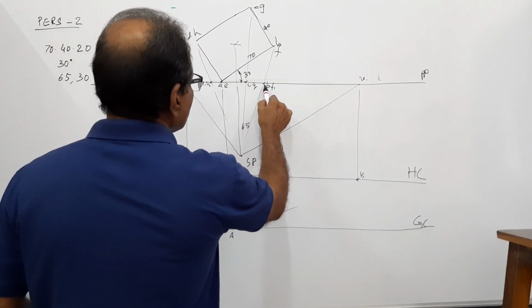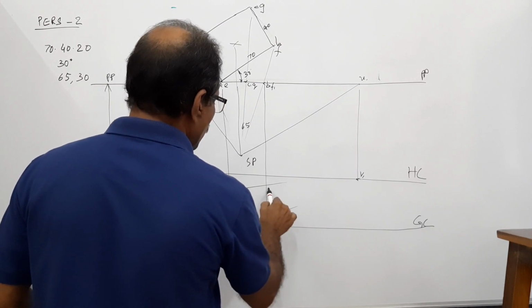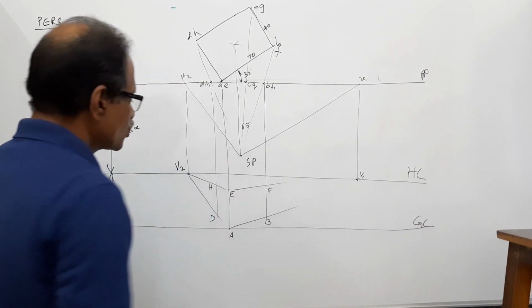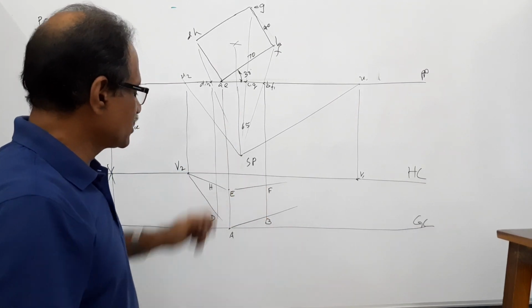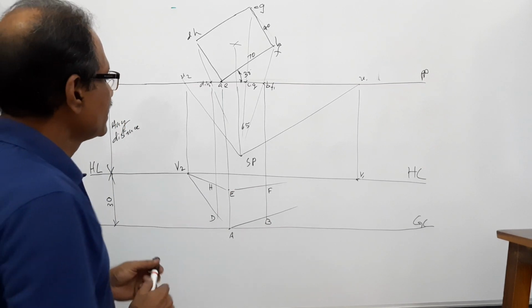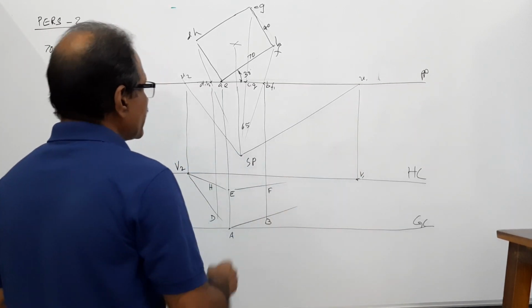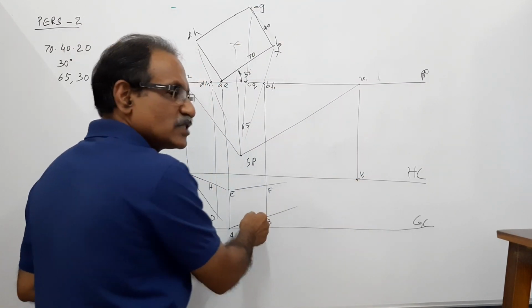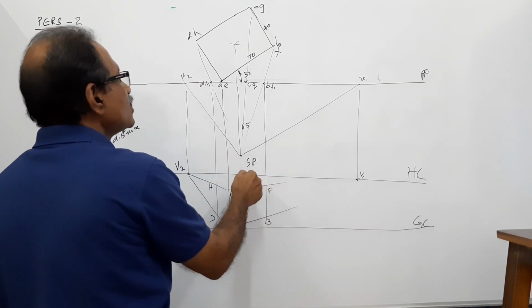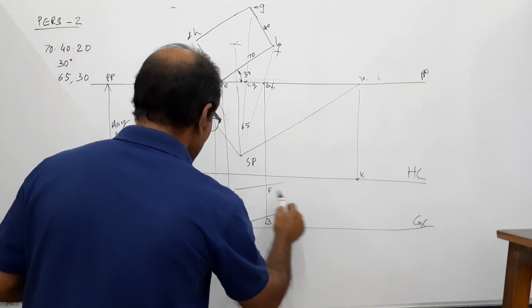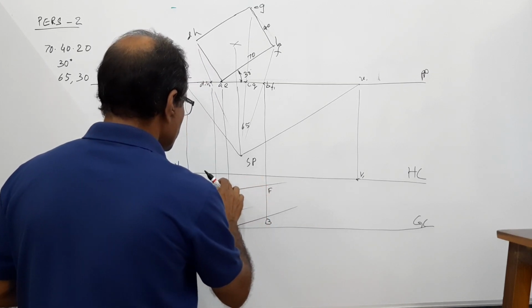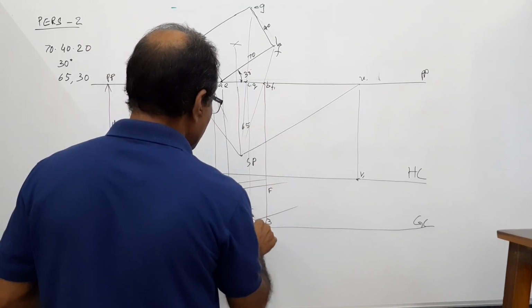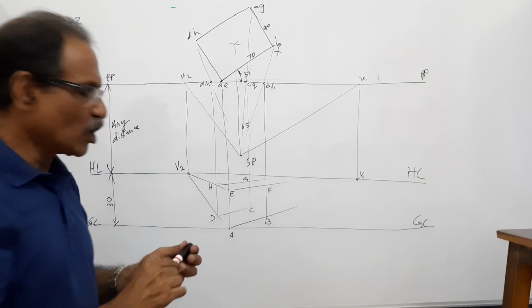On to these, drop the intercepts of B1 and F1. You get capital B below, F above. D1 and H1: capital D below, H above. So what you have got? B, F, D, H. Now what is remaining? C, G. Join D and H to V1, because DC has got the same vanishing point. So D when joined to V1 will have C on it. H when joined to V1 will have G on it. On to these, drop the intercepts of C and G. You have got all the 8 points.